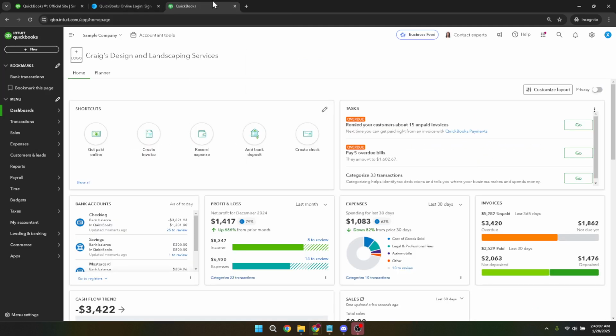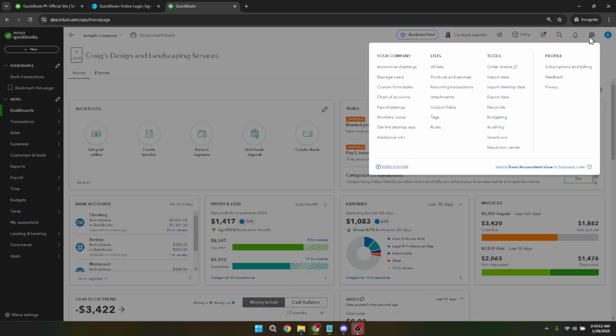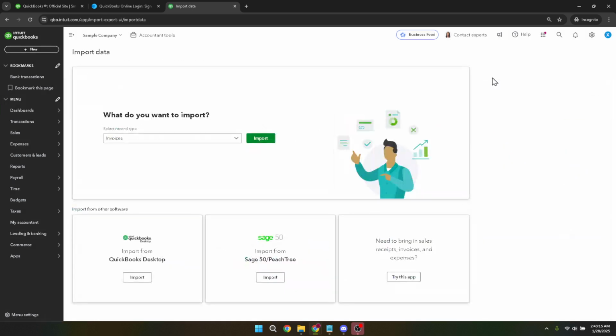Once you are logged in, head over to your account settings. You can easily get there by clicking on the settings icon, often represented by a gear in the interface. From the settings menu, locate and click on import data. This feature is designed to facilitate bringing your external financial records into QuickBooks, giving you the tools to consolidate data